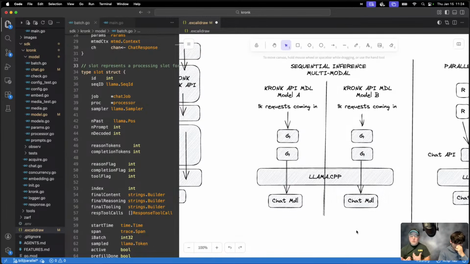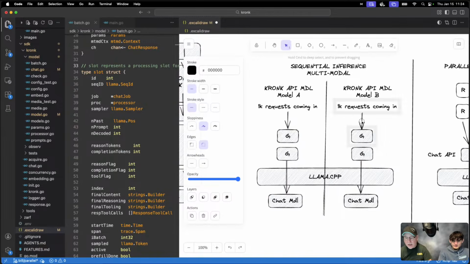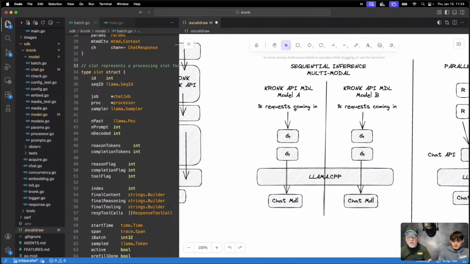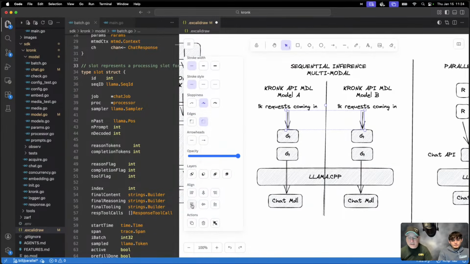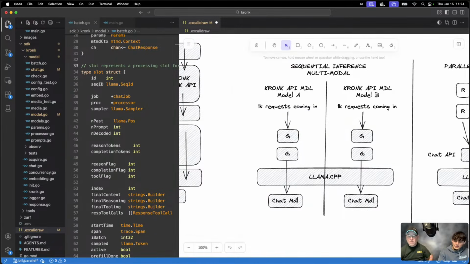Okay, so this is what we have today, right? Well, at least this is what we had on Tuesday. And we still have this path. We need this path. We're not going to get rid of this path. Or at least I want to get rid of this path. I just can't right now because of the multimodal stuff, which is imaging, audio models, things like that. But essentially, we can only do one at a time and we wait. Now